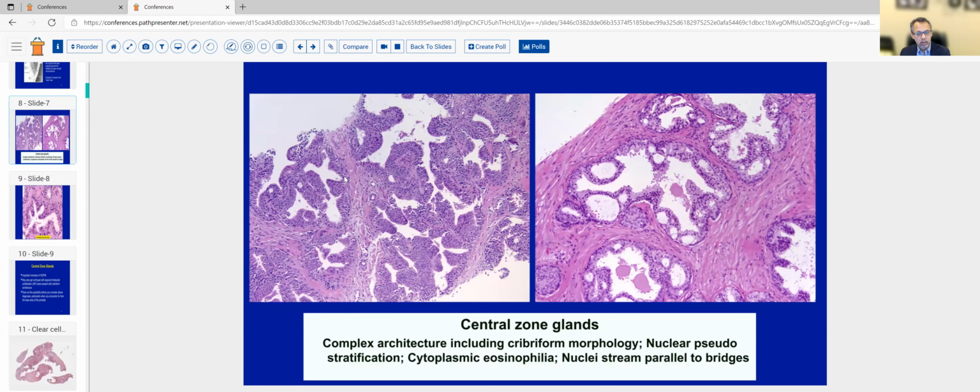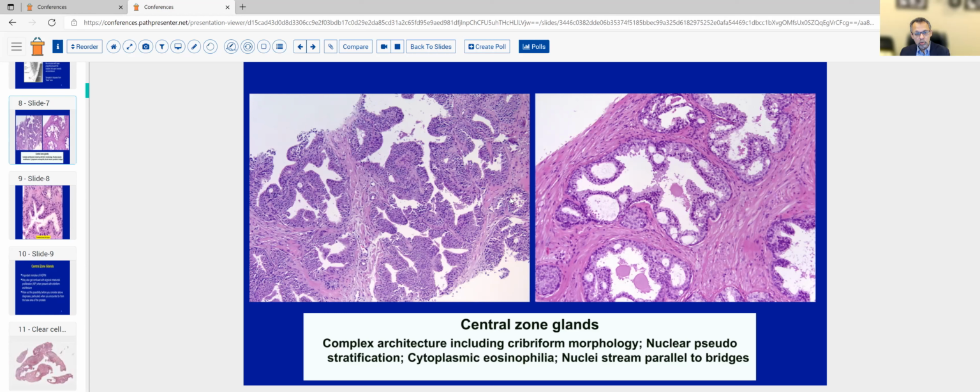At low power, these glands can look pretty proliferative as shown in these examples. This type of morphology, particularly proliferative examples, is easily confused with high-grade PIN, but they can also have pronounced proliferation, which may give them loose cribriform or Roman bridges, arches type of proliferation. So this type of proliferation can also get confused with atypical intraductal proliferation, suspicious for intraductal carcinoma. So they may potentially get confused with intraductal carcinoma when they are very proliferative and create a loose cribriform architecture.